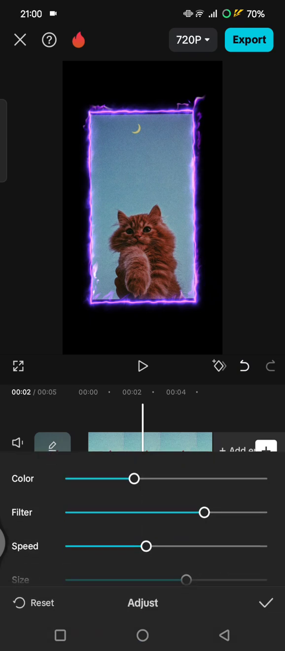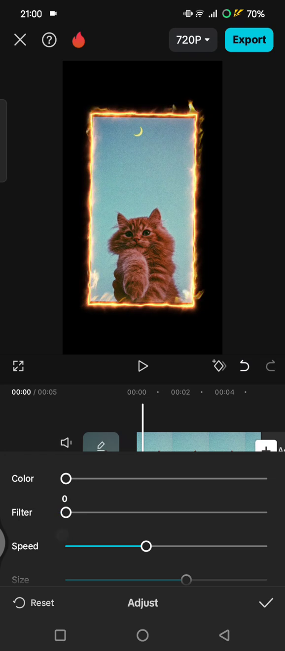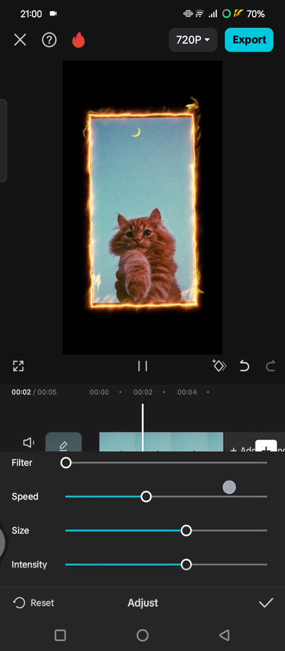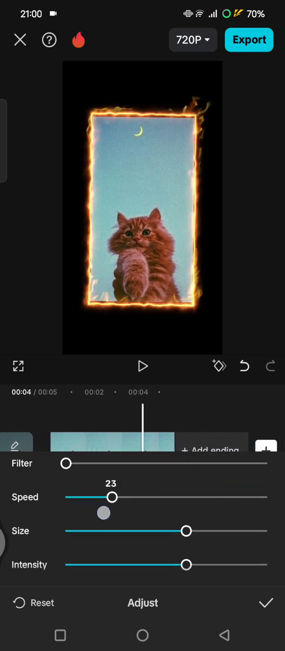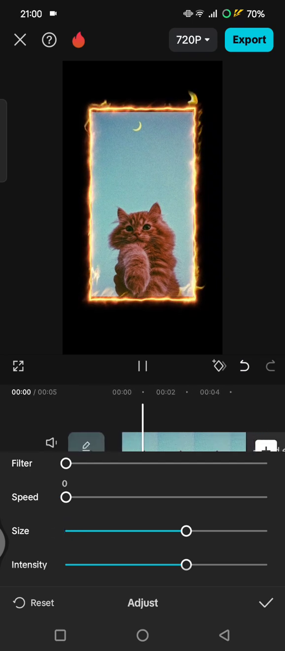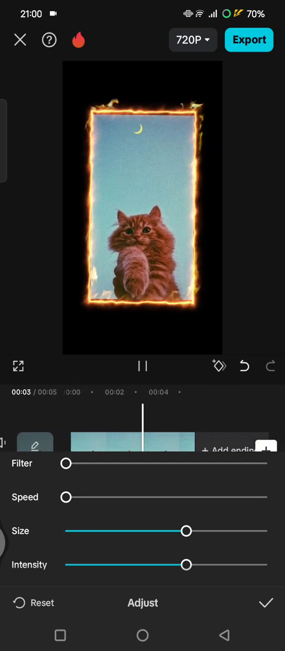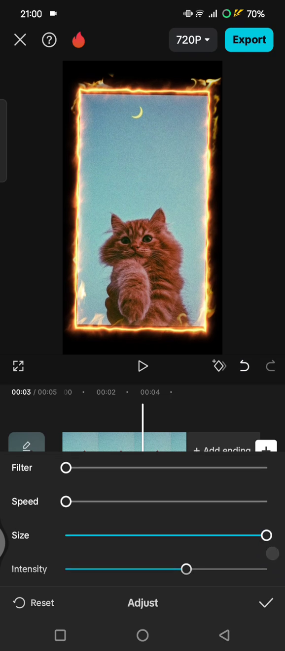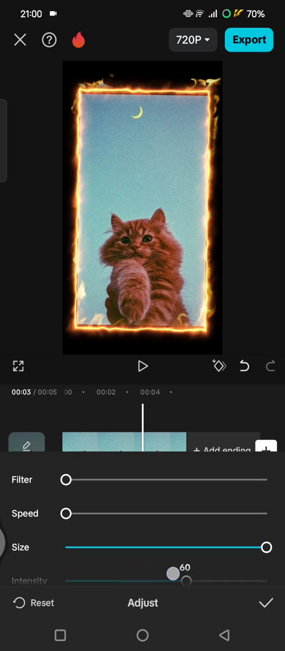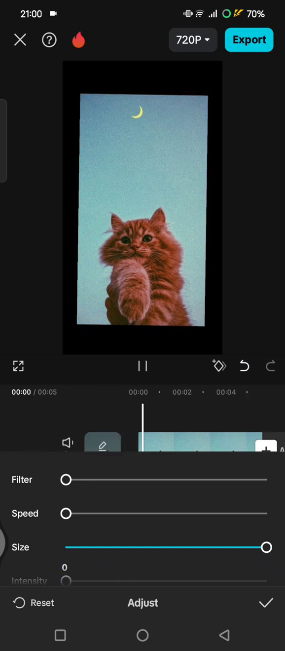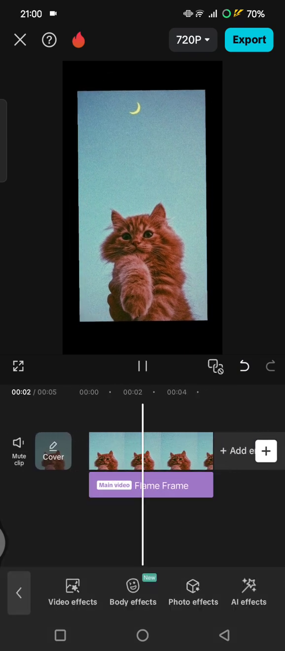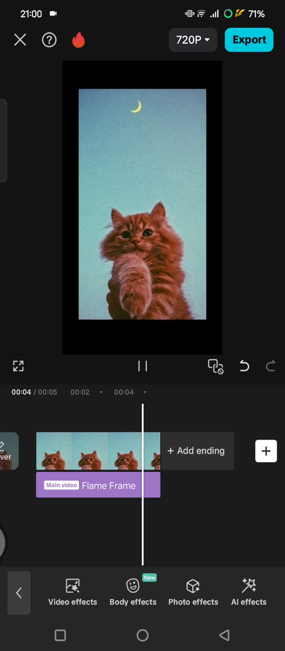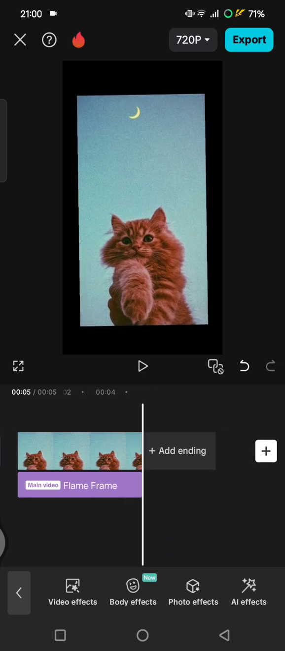Now what you need to do is make the color and filter 0, just like this. Swipe it to the left, and then for the speed also 0, and next for the size make it 100, just like this, and the intensity to 0, just like so. Click on the check icon. So now the video will float just like this, and what you need to do is click on the clips